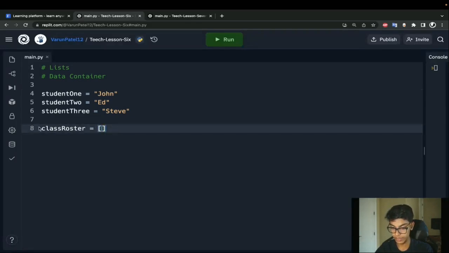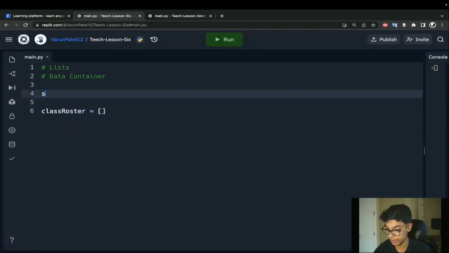This is an empty list. There's nothing within these brackets, nothing being contained by our list. Let me get rid of this. I've created an empty list called class roster. All right, now let me go ahead and add some things to it.